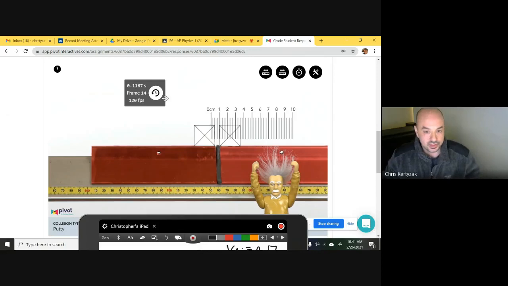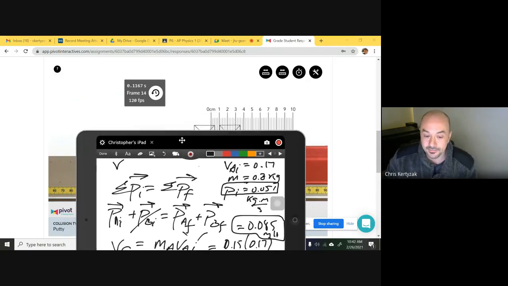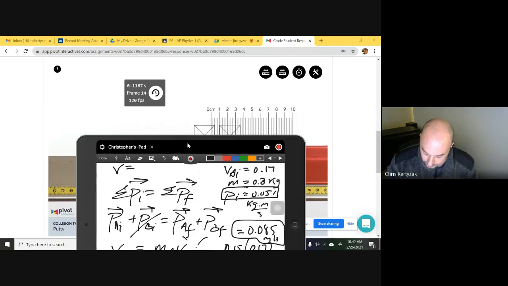All right, 0.1167. So I'm going to do distance over time, 1 centimeter, which is 0.01, divided by the amount of time that elapsed, which is 0.1167. Hit enter. Oh my gosh. This is a thing of beauty. What is my answer? I'll write it at the very top of my board. You can try it yourself if you want. It's distance over time. The distance I put in was 0.01 for 1 centimeter. The time was 0.1167. And I got